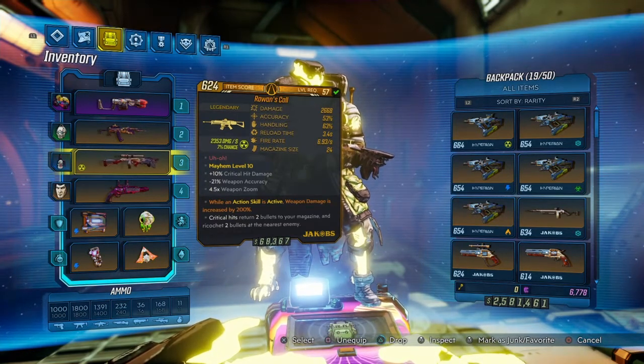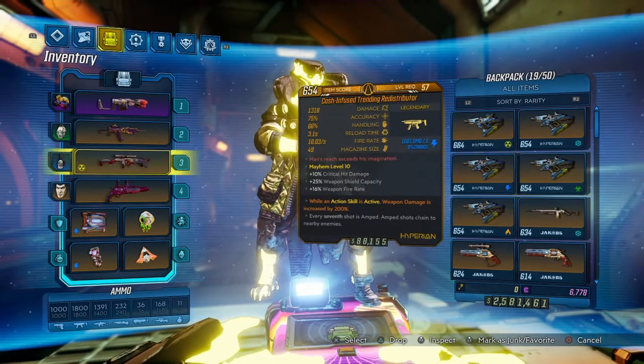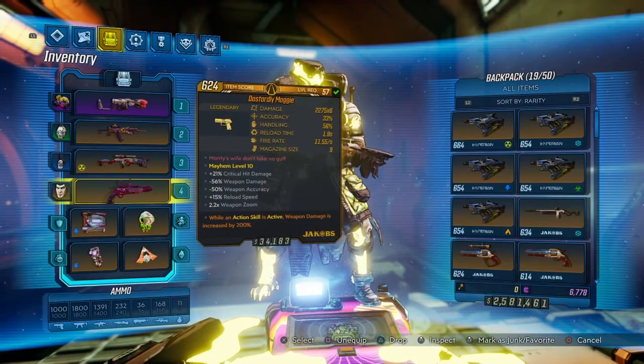that kind of stuff. So yeah, I'd say that if you're going to use this build for anything that isn't Guardian Takedown or Maliwan Takedown or something, go ahead and use the Lucian's Call. If you're going with robots, go ahead and use the Corrosive Lucian's Call, but also the Redistributor works fine as well. But yeah, besides the Rowan's Call, you also have the Maggie, and the Maggie's here for high damage